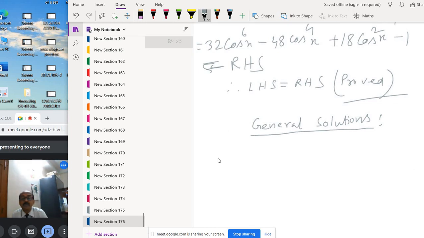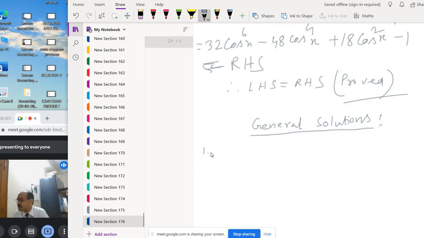Okay, so the formulas you have to remember, and by using the formulas, solve the trigonometric equation. That means find the angle. Suppose sin theta equal to cos theta, so you have to find the value of theta in general. Okay, so the first one is